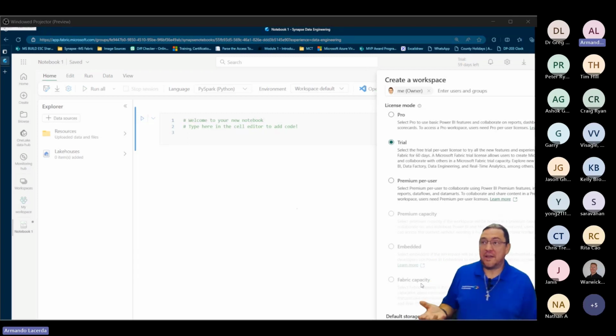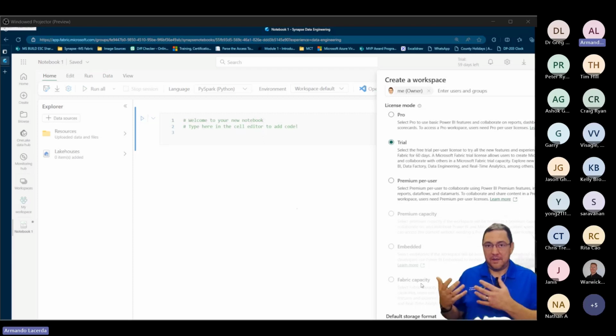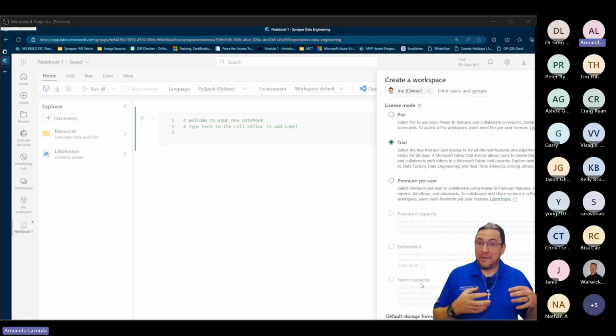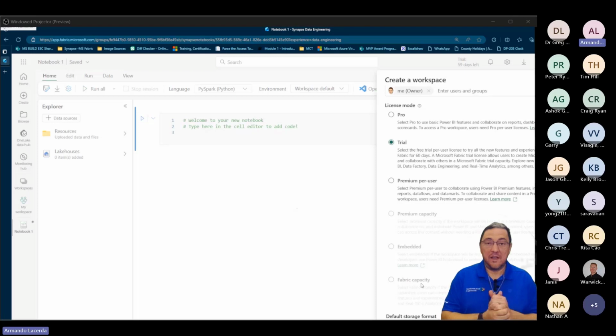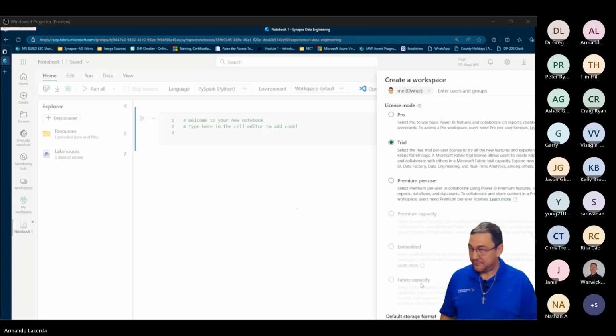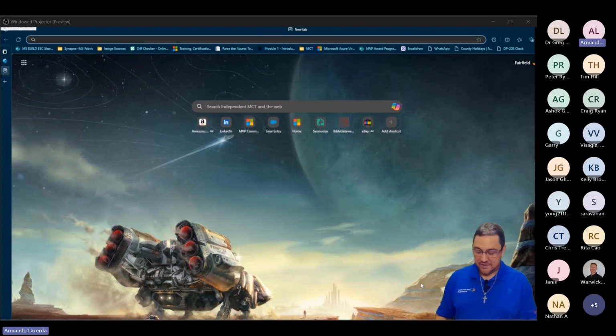And in order to have a capacity, you have two options. If you're already a Power BI subscriber from Microsoft, you can go Power BI Premium and use Power BI Premium to support Fabric. Microsoft does allow for that. Or you can use the actual Fabric capacity, and for that, you have to go into Azure to get that going for you. So let me get here into Azure just quick. Let's take a look there.